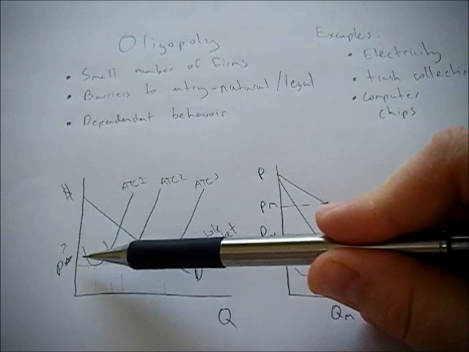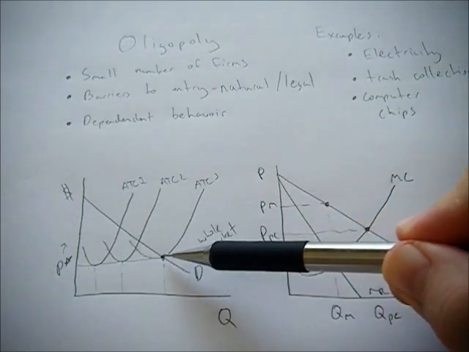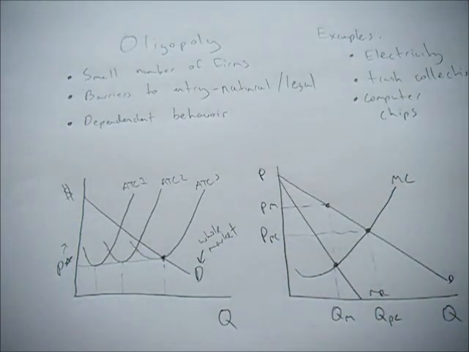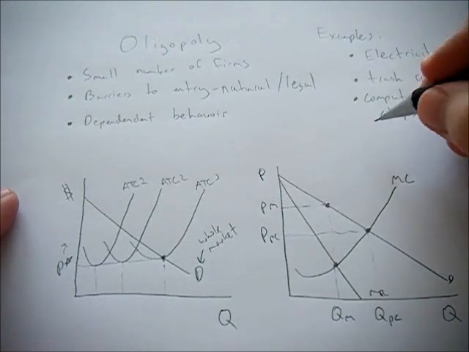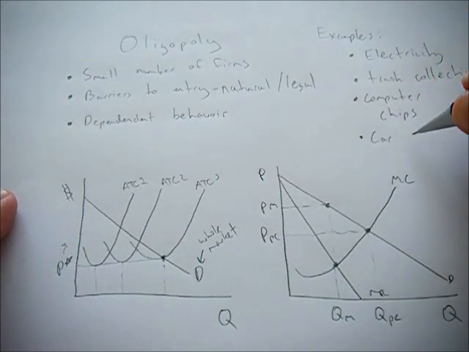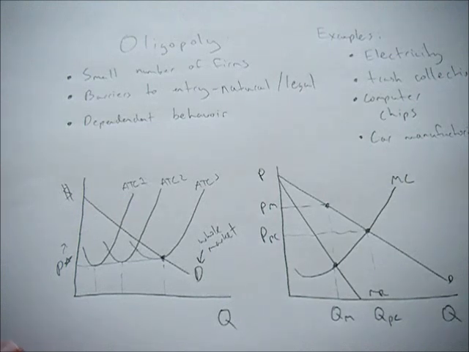So having only 2 firms take advantage of their economies of scale will result in a lower price. Another one could be car manufacturing. Again, it takes so much money to build that factory, to get those inputs and other things, that it makes sense to only have a few